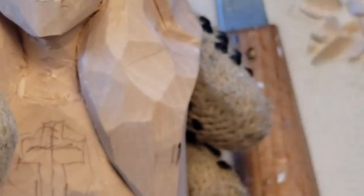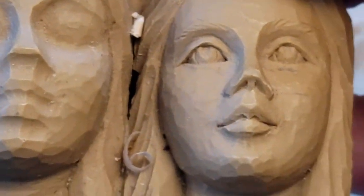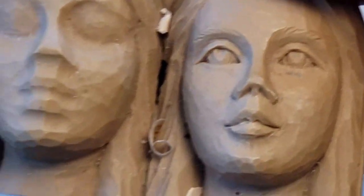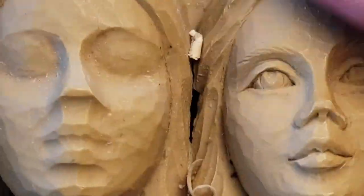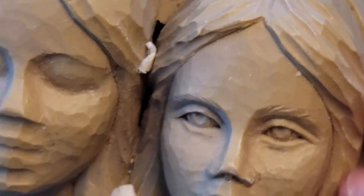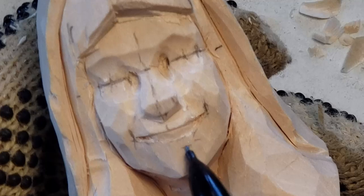Okay, we're going to pencil in the lips this time. We want the lips to go, let's look at her lips. It's like too much, too pointy. But that's what we want to go, something like that. Because you can see on this, here's the eye here, and it should come all the way out. So this is more of a younger female face. And so that's why by putting all of this stuff in first